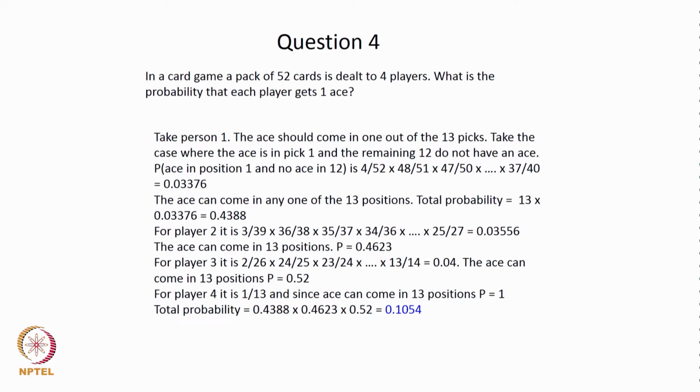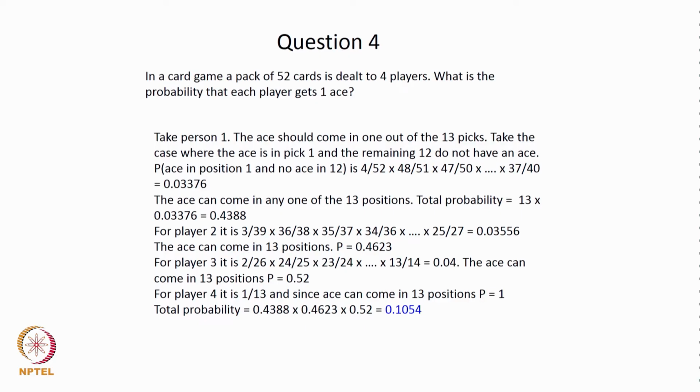What is the probability that each player gets exactly one ace? So we have seen this description earlier, therefore I will go slightly faster on this description. So if we take the first person, the ace should come in 1 out of the 13 picks. So take the case where ace is in pick 1 and the remaining 12 do not have an ace. So ace in position 1 and no ace in remaining 12 positions is 4 by 52 into 48 by 51,